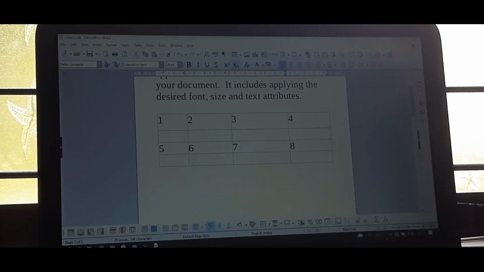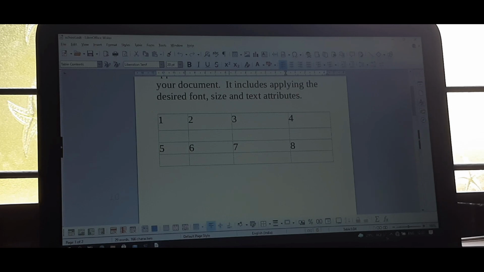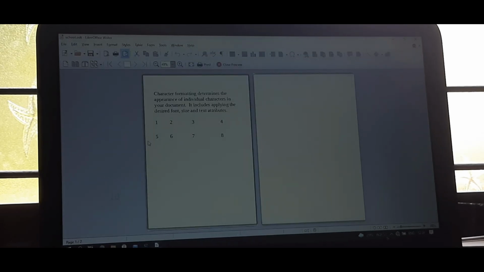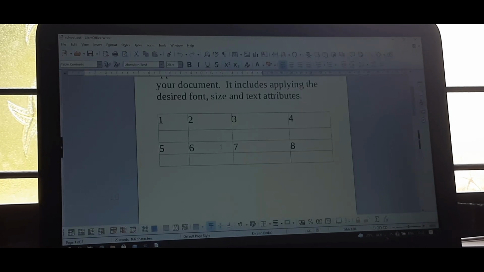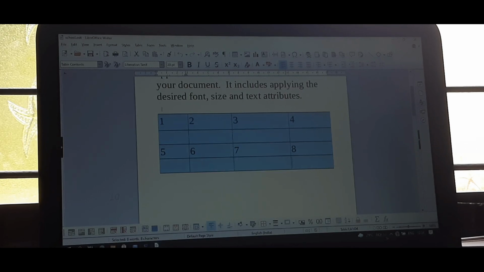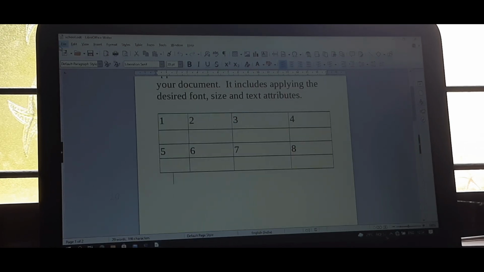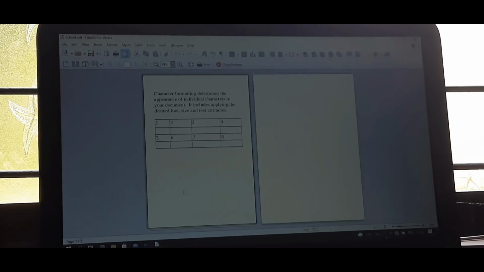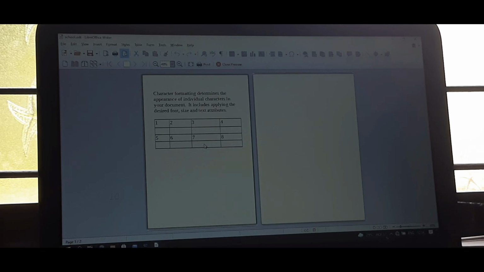Did you notice one thing? See, this is a table, right? Then if I take the print preview option, what will happen? See, the table structure is not displayed here, right? So if you want the table structure, what do we have to do? First we need to select the table, and here the border. This border we need to select, and afterwards you just take the print preview. Then we can see the table will also be printed.